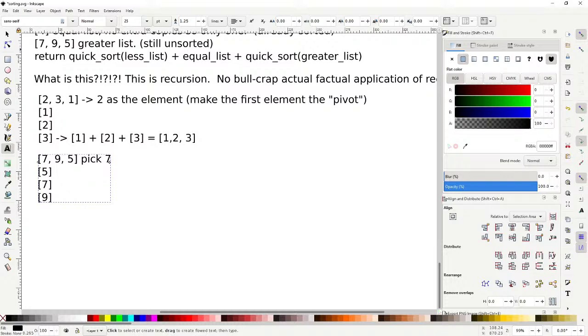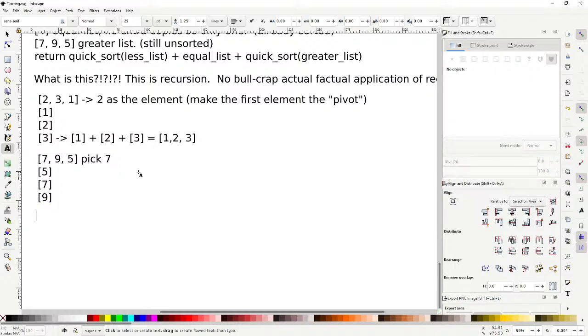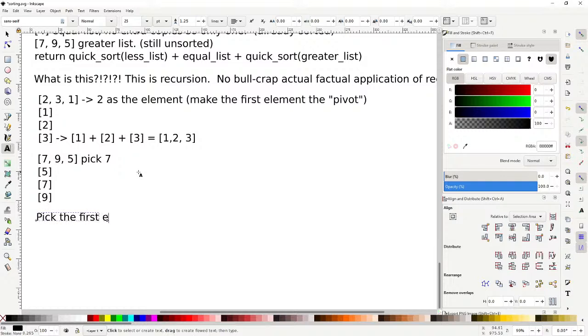So the element should always be the first thing. In a perfect world, and I'll go over all of this probably next time, you would not necessarily pick the first element as your pivot. But in the ultra basic version of quicksort, the mega ultra uber basic version with no optimizations, you pick the first element as the pivot. Okay, so now you have 5, 7, 9,